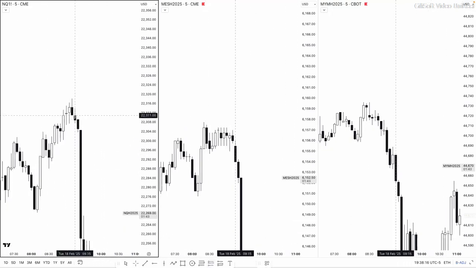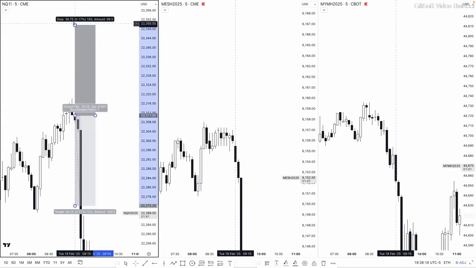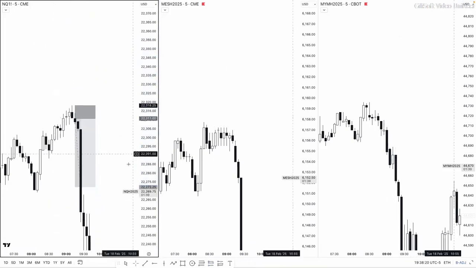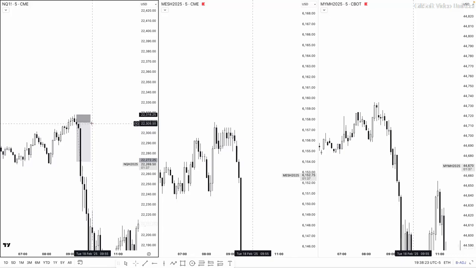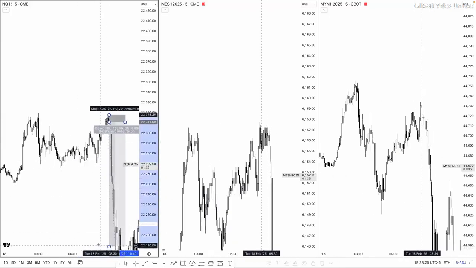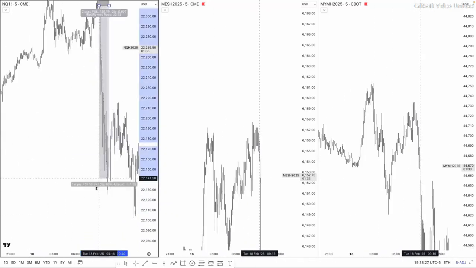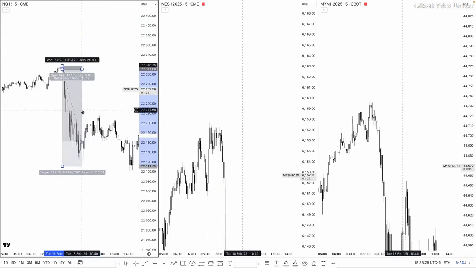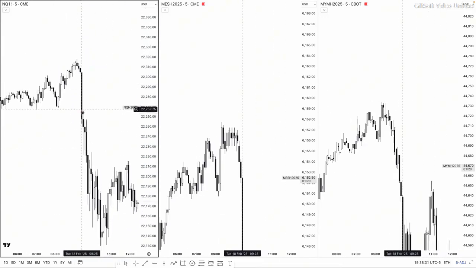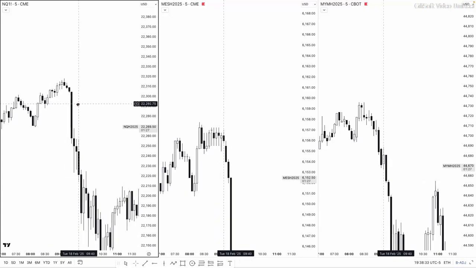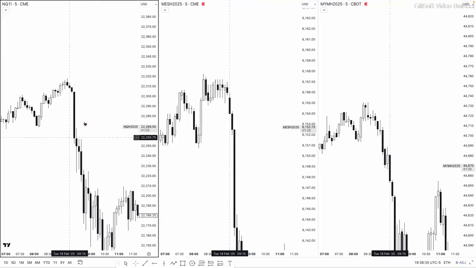So you may have shorted here. And we'll get into the target soon. That was the first entry that you could have taken. My entry for today, because I missed this entry,